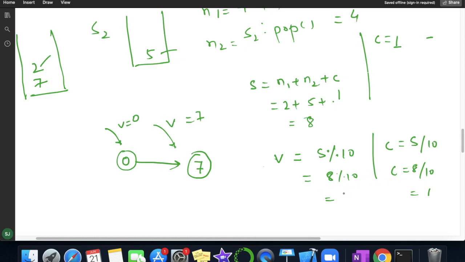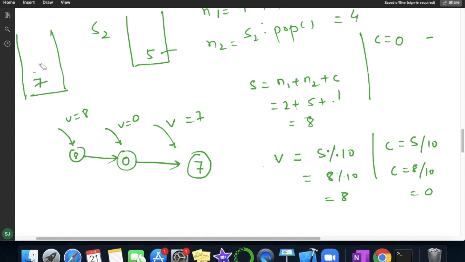So V is 8 and the carry will be 0. So carry will be updated with 0. Now again we will create a new node and pass the value V equal to 8, and again we will append this new node dot next to the previous one.